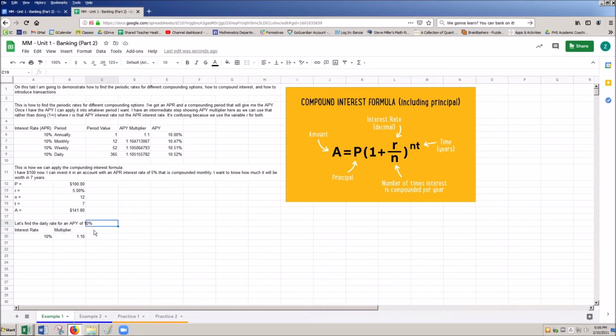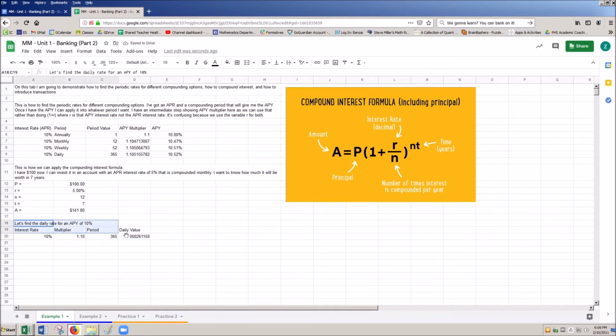So if I wanted my period here to be daily, that's going to be 365. And so now I'm going to find my daily value as this multiplier, which is the yield for the year, so 1 plus whatever the APY interest rate is, and then I'm going to say raised to, and then it's going to be 1 divided by whatever my period is. So for example, if I wanted it monthly here,